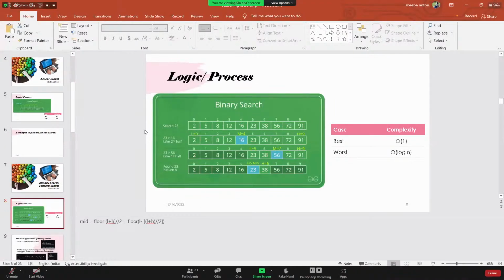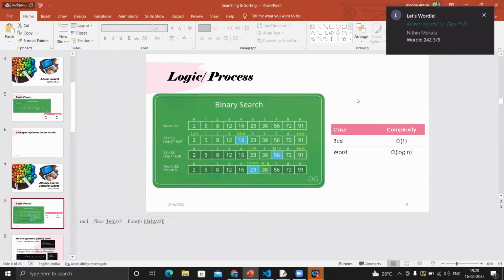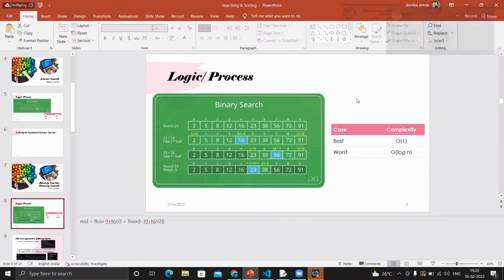So coming to the time complexity, the best case would be 1 here, because say that your element that has to be returned is present in index 4. So here index 4 is your mid value. So basically, if you get the answer in the first comparison itself, then your time complexity would be order of 1. But considering the worst time complexity case, what happens is,